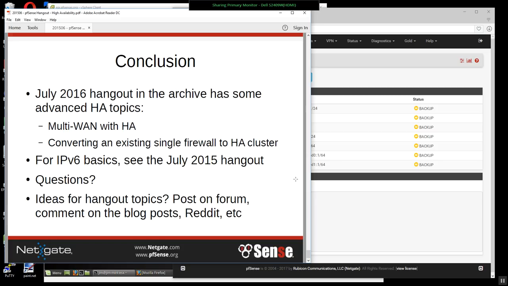Let's see. Are there any use cases where config sync is used for a non-HA setup, such as synchronizing aliases, certs, or users only? I will tell you there are people that do that, and we never recommend doing that. It's not designed for that, but people have used it. We do have a central management platform coming that is actually going to be intended to do things like that, but